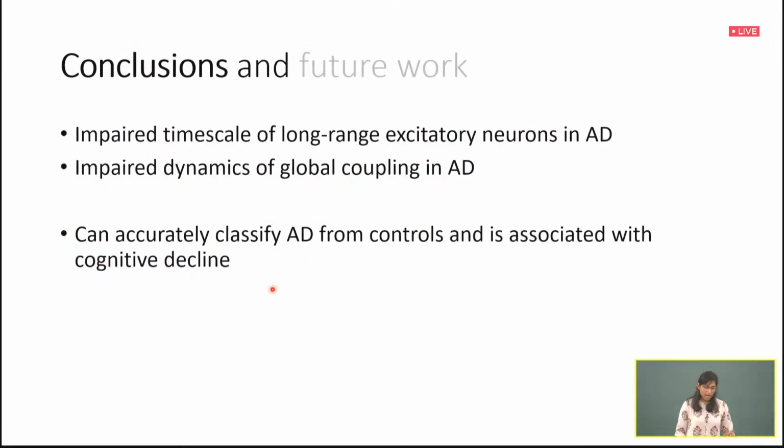And these can be used as markers of disease, because they can accurately classify Alzheimer's disease from controls, and they both are associated with global cognitive decline. All right. Now,